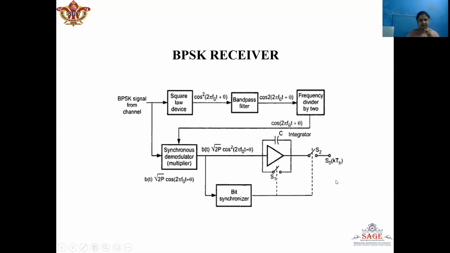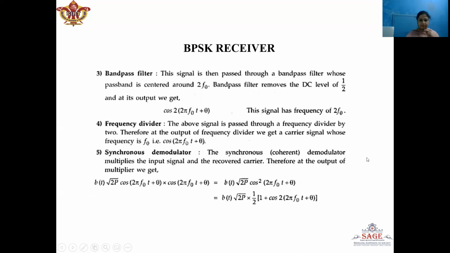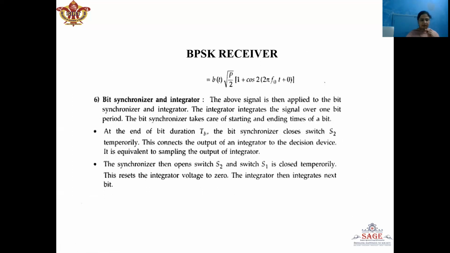This switch connects the output of the integrator to the decision device. Assume that the bit interval TB is equal to the duration of an integral number n of cycles of carrier frequency fc. The output voltage at the end of a bit interval extended from time (k minus 1) TB to k TB